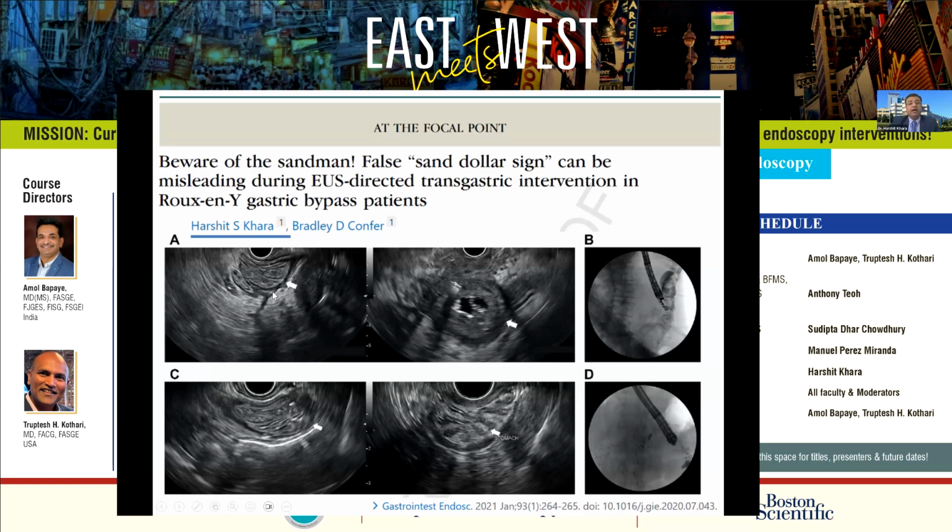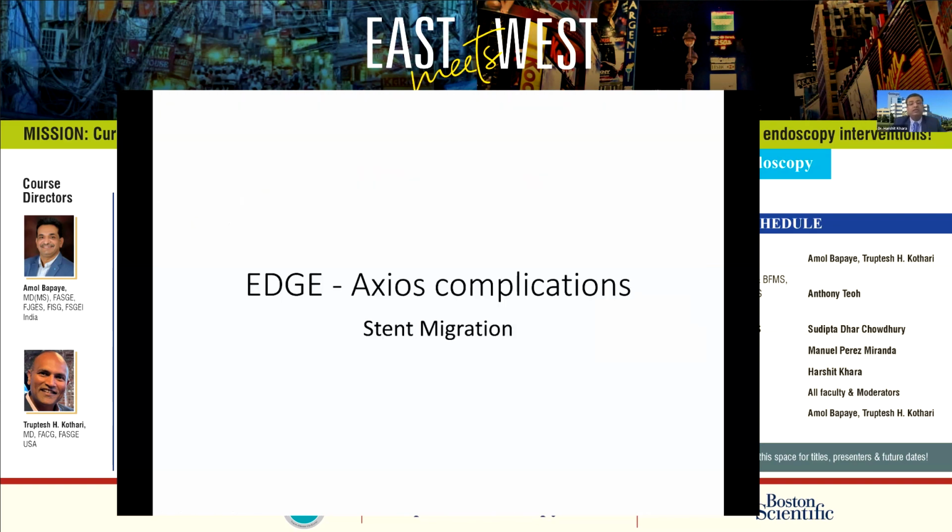And the reason I couldn't find the real sand dollar was because the patient in the remnant had developed gastric cancer. So this is the remnant stomach completely distended with tumor, and that's why we couldn't see it initially, hence the need for this. And here, this is a jejunum. So this was again a patient with a gastric bypass, where the jejunum could look like the stomach, and this is what the real stomach looked like. So just being careful that you need EUS and fluoroscopy.